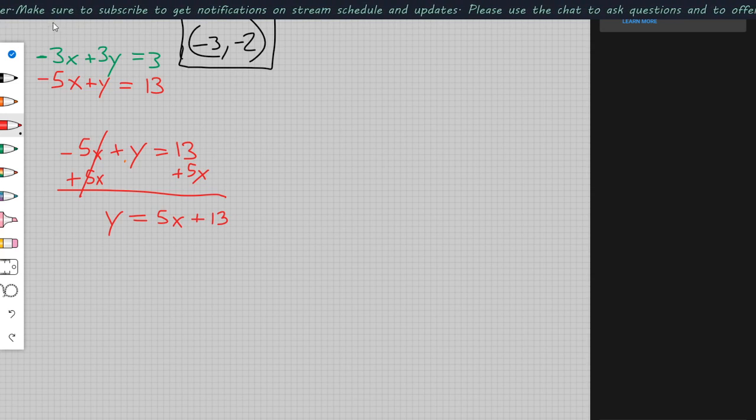So anytime that you see y in the other equation, you're going to plug in this. So rewriting. I came up to my first y, so I'm going to plug in 5x plus 13